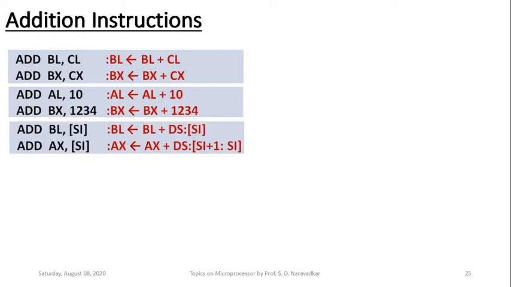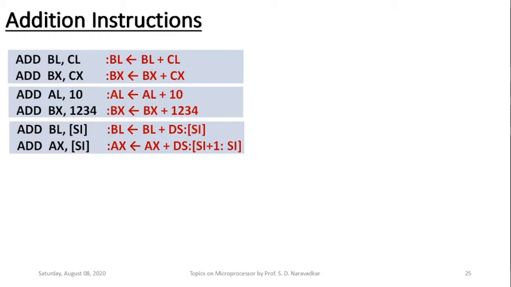The next two instructions use indirect addressing mode. ADD BL, [SI]. Here the addition will be 8-bit because register BL is 8-bit. One of the operands is defined in register BL, which is 8-bit, and the second operand is to be taken from the data segment, at the offset given by source index. Once that addition is performed, the 8-bit result will be copied to the BL register, which is in the place of destination.